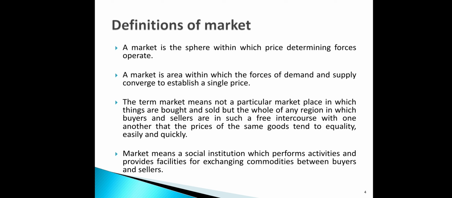So now, definitions of market. As we discussed in the last slide, the market is a place where potential buyers and sellers are available and carry out the activity of buying and selling. This was the meaning of market. Now we go through the different definitions of the market. So the first definition